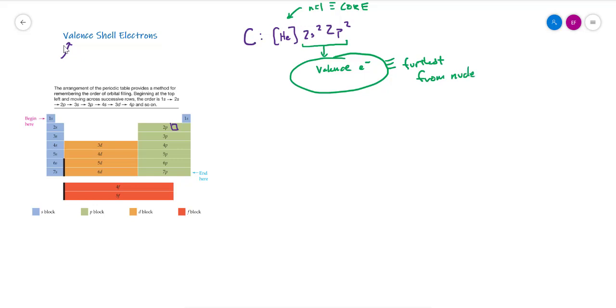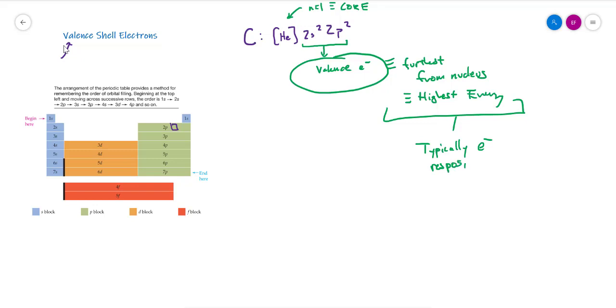They're also the highest energy, because they're far from the nucleus, and they have a higher principal quantum number. Because of that, these are typically the electrons responsible for reactivity and bonding. So these are the bonding electrons,